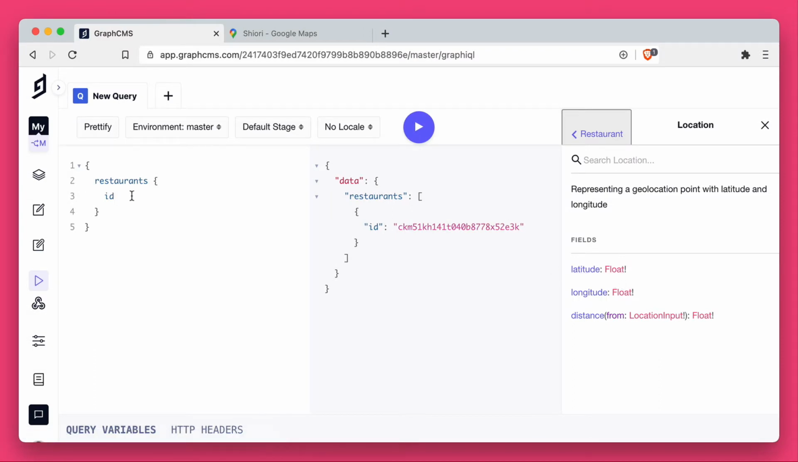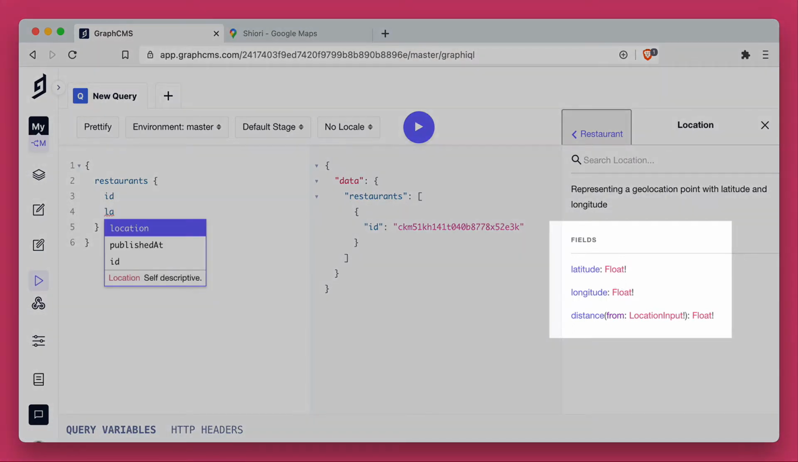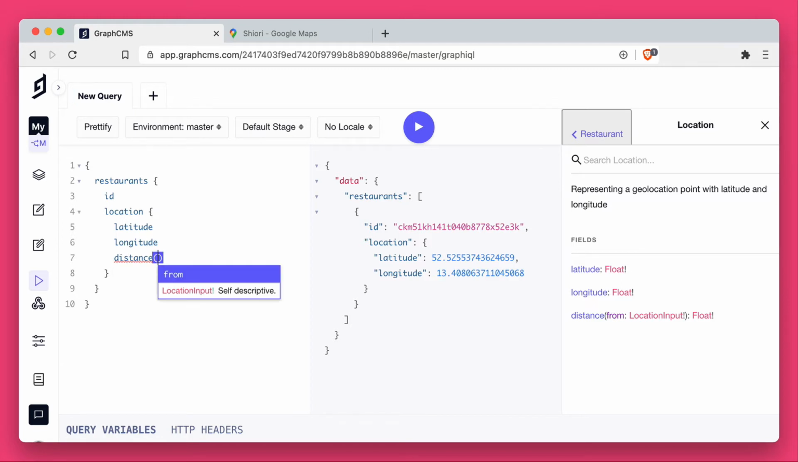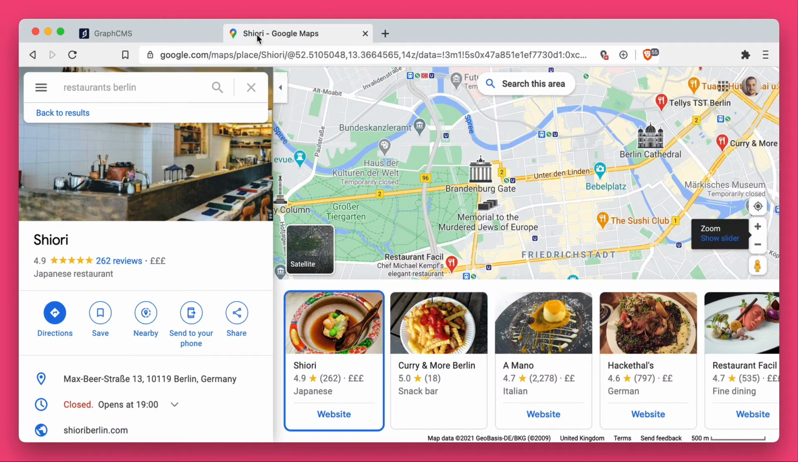If we inspect to see the type of location, we can see the fields available are latitude, longitude, and distance. Distance takes an argument, which is of the type location input, and this returns a float in meters. So if we pick a random position in Berlin, we should be able to fetch our restaurants and get the